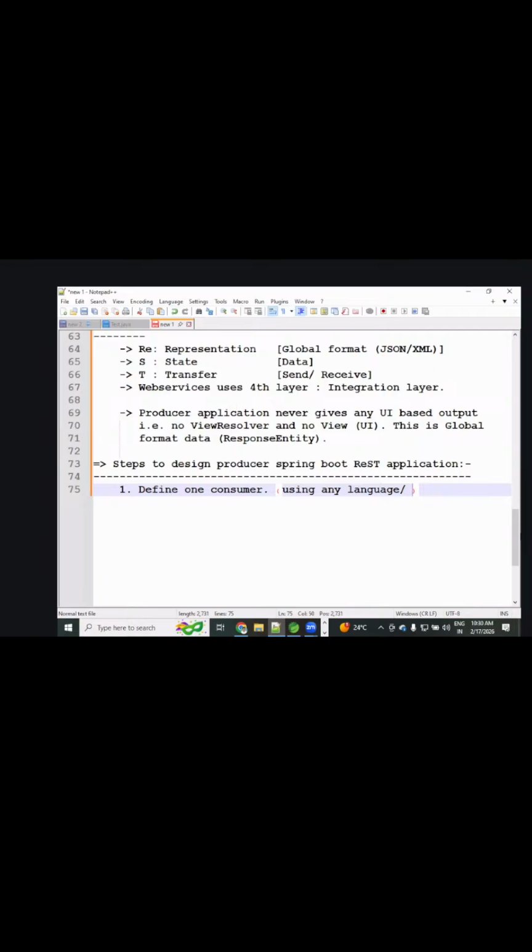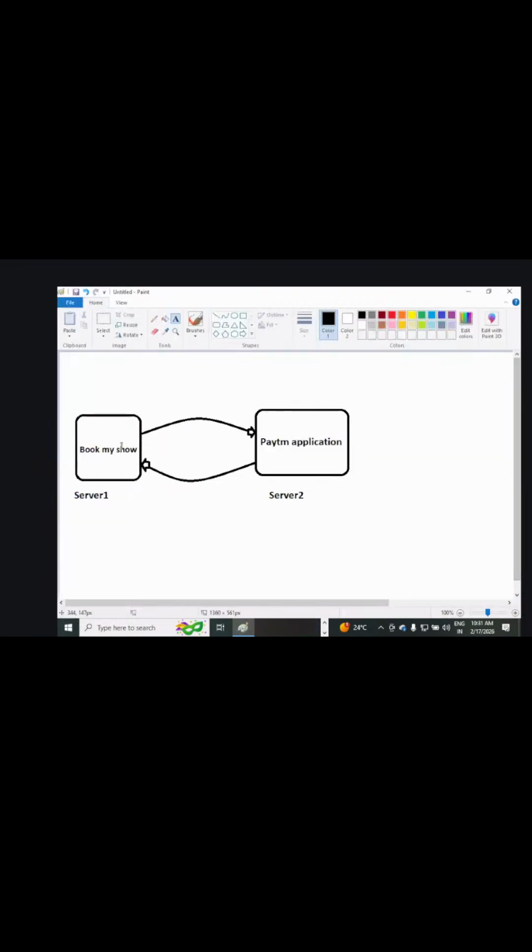Define one consumer, using any language or any technology. That is what we discussed previously. There is Book My Show, there is Paytm. Book My Show was developed in a different language, maybe Java, let's assume. Paytm may be built in maybe .NET, let's assume.